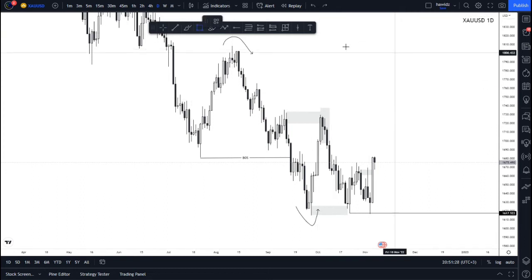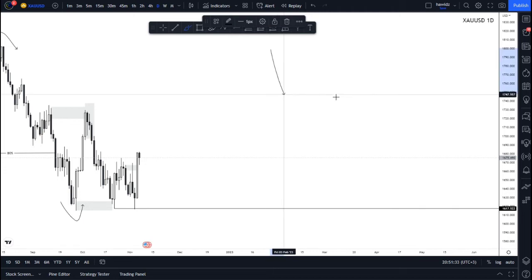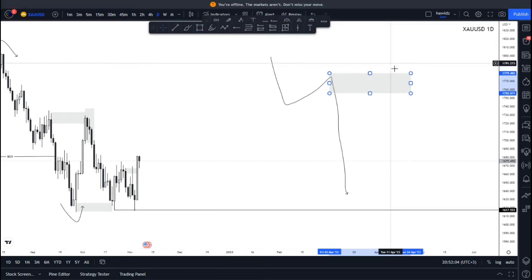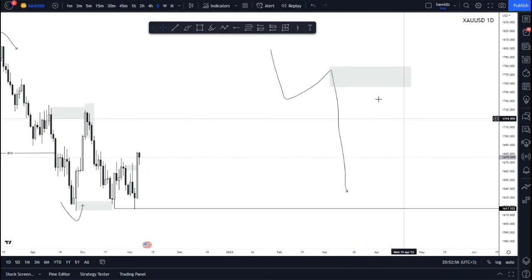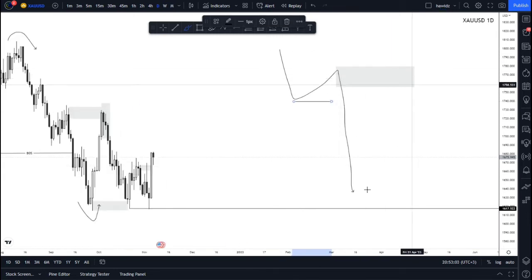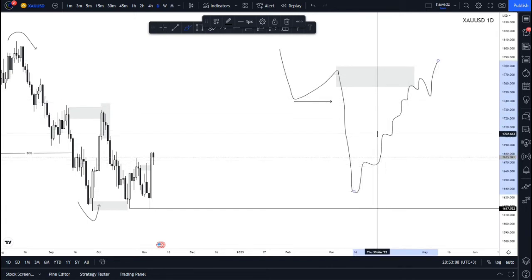If price, so let me take this a little bit. If price does this, right, and then you have an S&D zone here, and then you have an S&D zone here, right? So this move actually caused the white to break of structure, right? And you have an S&D zone there. If price comes all the way up here, right, and then breaks this zone, lo and behold, in this area